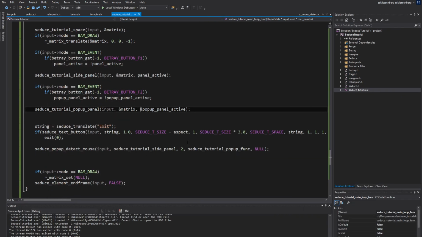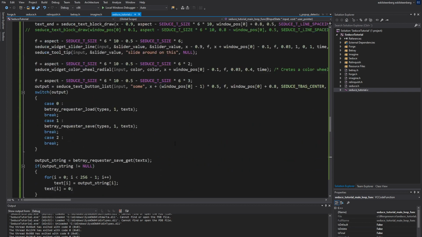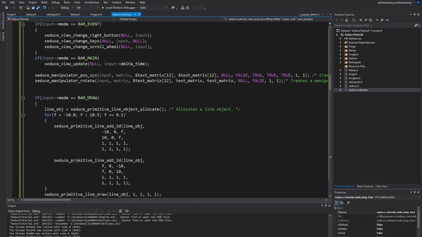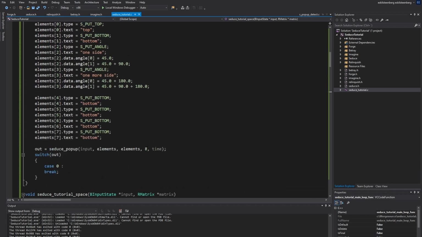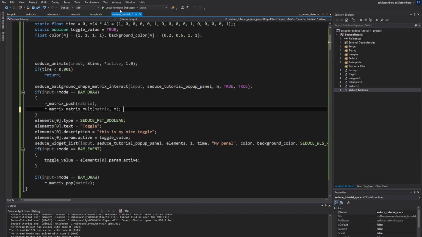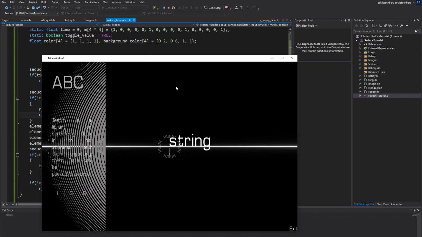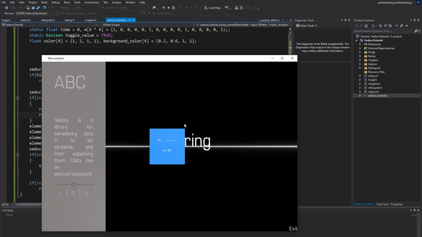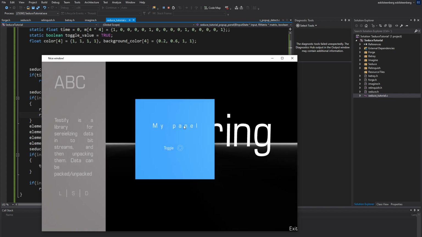So we press F. Whoa, okay. Did something go wrong? Oh, wait, I know what I did wrong, I think. I have pop there. Yeah, there's a pop there that goes away. If you do one too many pops, it will quit, that's why. So there we go. And now I can actually move this window and I can use scaling and things like